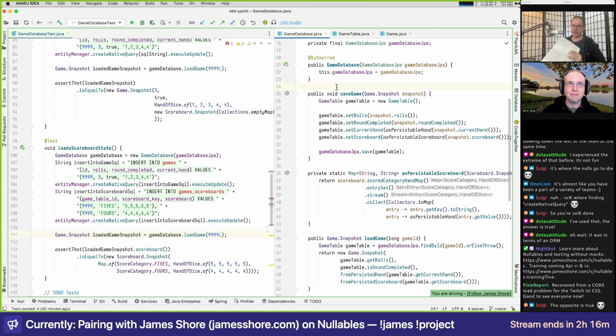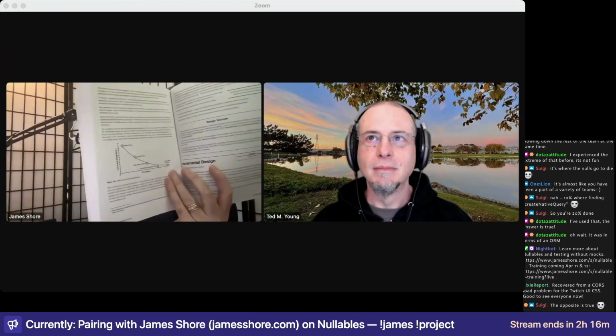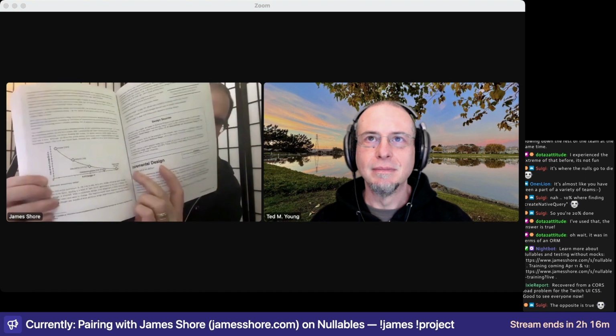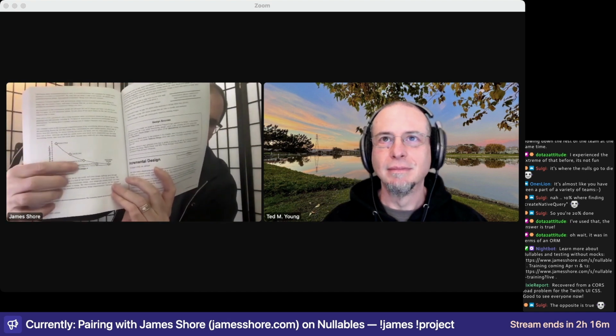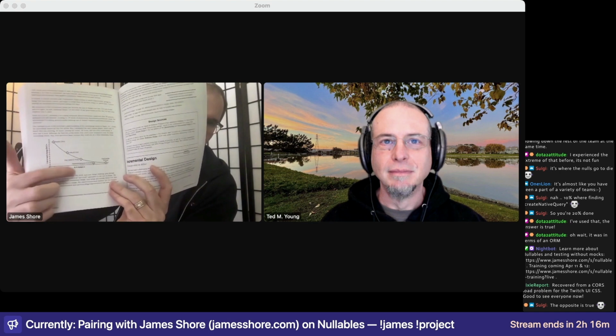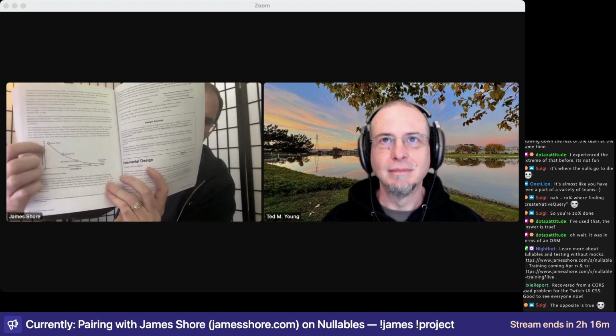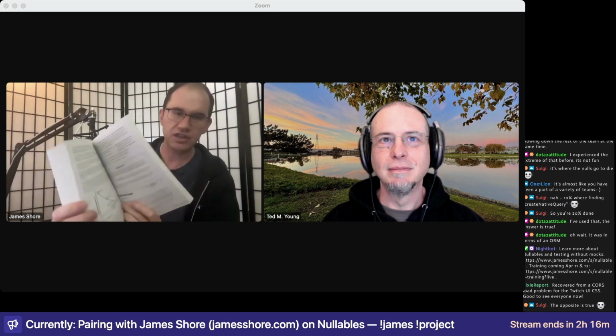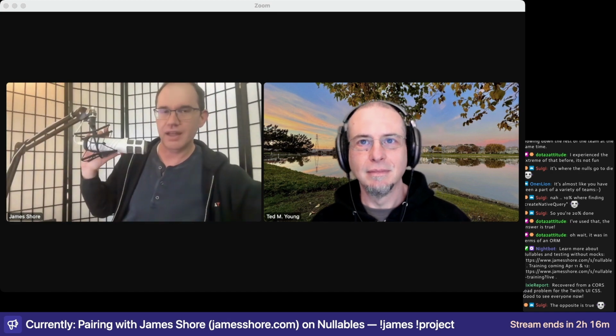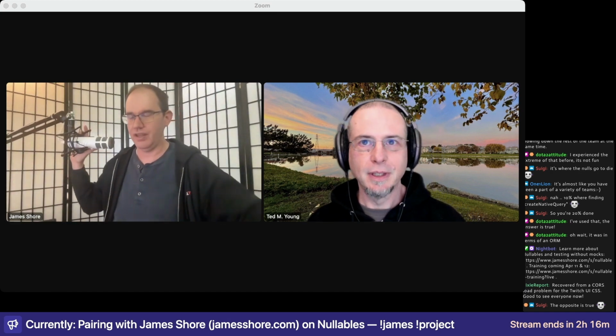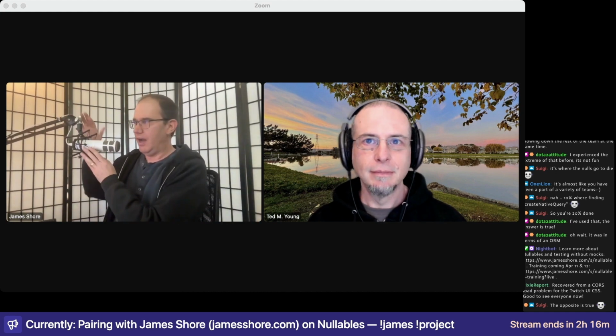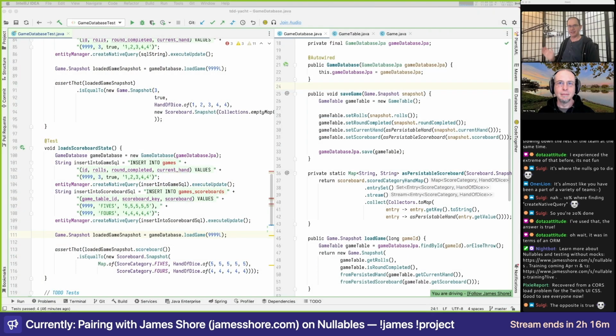Yeah. I don't know if this is going to show up, but this is from my book, The Art of Agile Development. That diagram is what you see with evolutionary design. This is the cost of change, and this is number of changes over time. This is actual empirical data from real work that I've done. It does get cheaper over time if you're doing test-driven development and frequent refactoring and the simplest possible thing and evolutionary design. So few people have had that experience, but it's magical. Yep. So only add what you need when you need it, and it will be cheaper to solve the problems in the future.